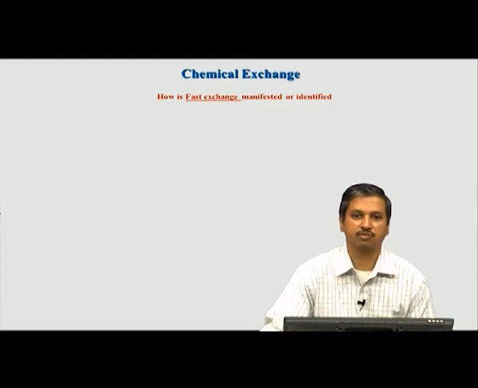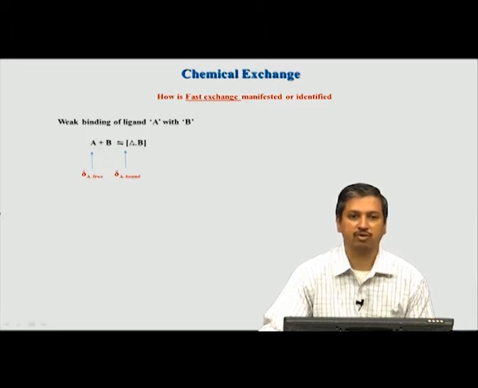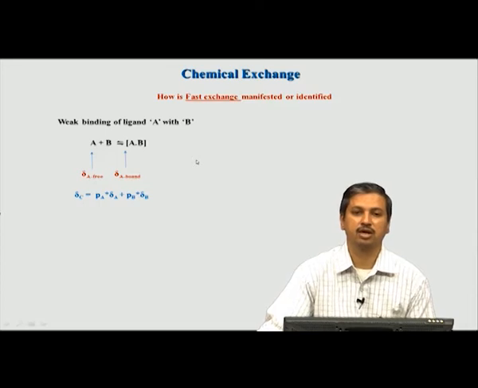Now let us see what happens if it is fast exchange. Let us again look at this example where a ligand is added to the protein B and it forms a complex, and that complex is now a weak binding complex, meaning it is not tightly binding. So there is a constant population of free and bound, and it is not a small population of free, there is a large population of free, because whatever goes comes back in a fast exchange, and therefore it is not strongly binding and it is not a strong complex. So what will happen in such a scenario? Again remember, strong and weak and fast and slow all depend on the chemical shift.